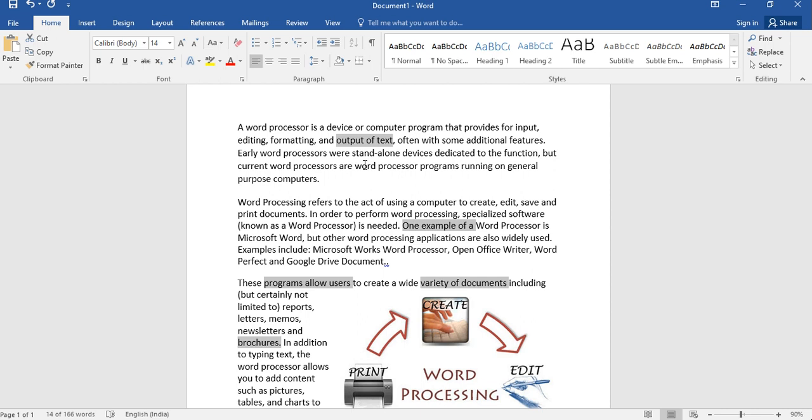If we want to select the whole paragraph, we click 4 times with the mouse. And if we want to select non-consecutive text from the document, we press the control key and select the text. These are the different ways of selecting text from the document.